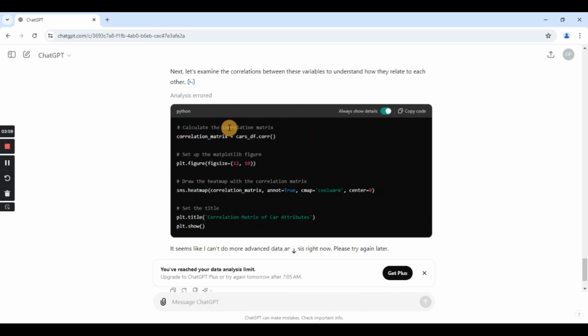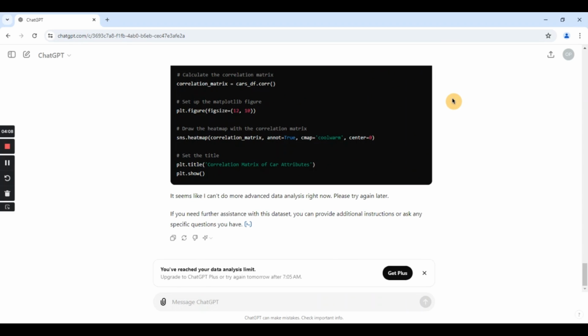Then it has tried to plot the correlation matrix. Again, I haven't asked it to do anything specific, still it has done the basic steps. We have taken a look at this also in Excel to find the relationship between 2 variables. And